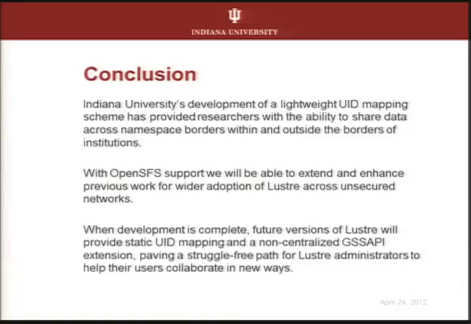Now, I know that a lot of our work is done in the name of WAN work. But what we found is that this work, especially the UID mapping, is far more useful even on campus. We have researchers in departments where they have clusters with their own UID space. They're certainly not using anything like a centralized authentication system. But they still want to transfer their data onto a shared file system so they can compute against it